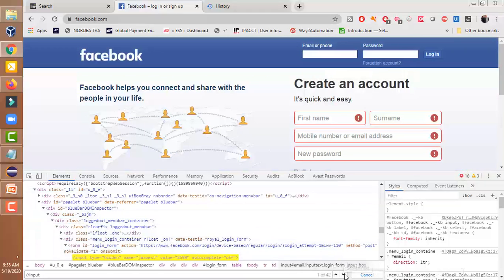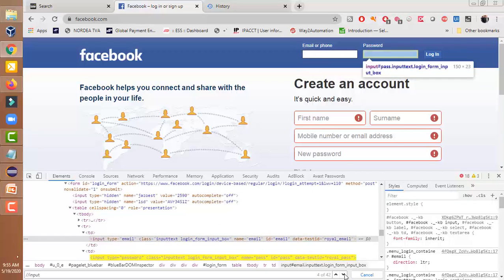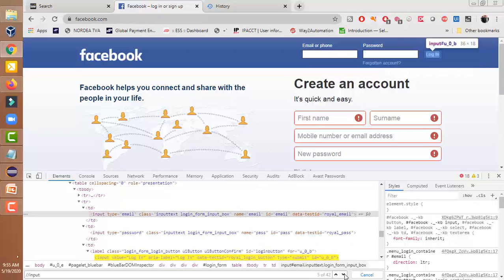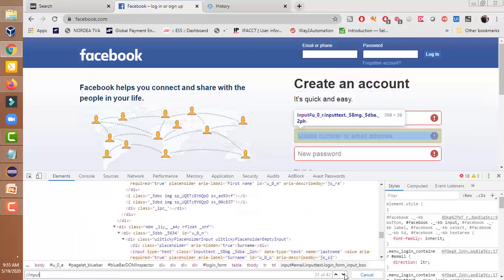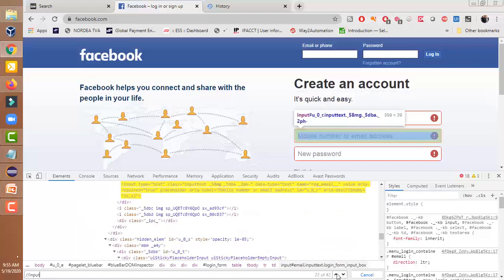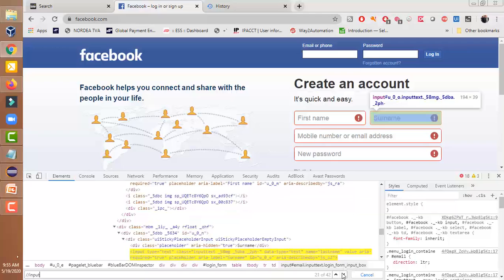When you click on this down arrow, look at this, this is the email ID box. This is the password. The login button is also an input because we provide the input with the help of this. All these are input type elements. This is for the first name. Click down again,